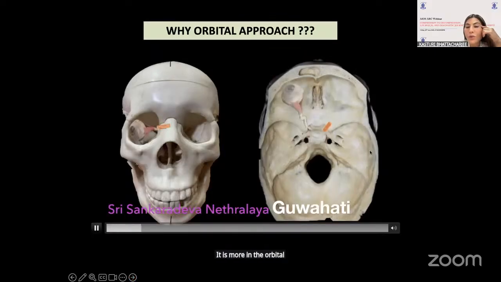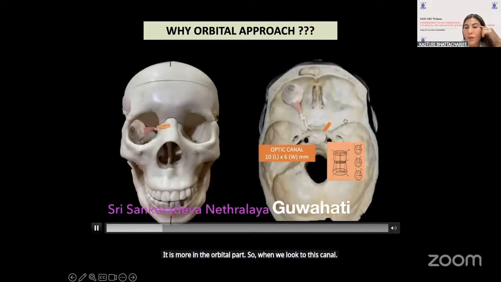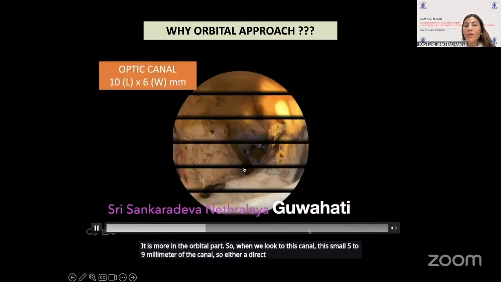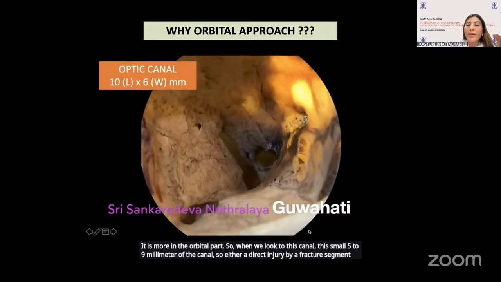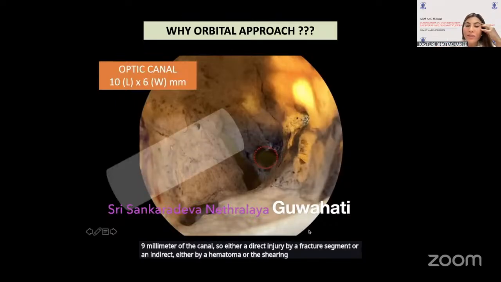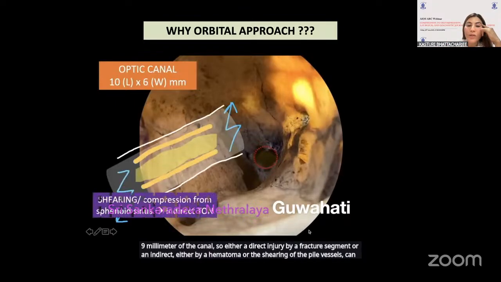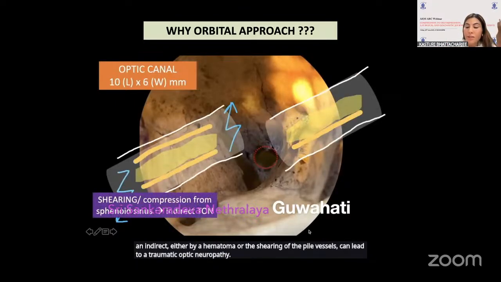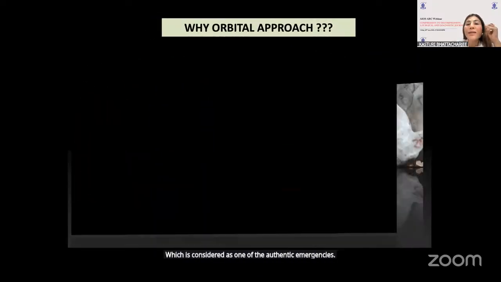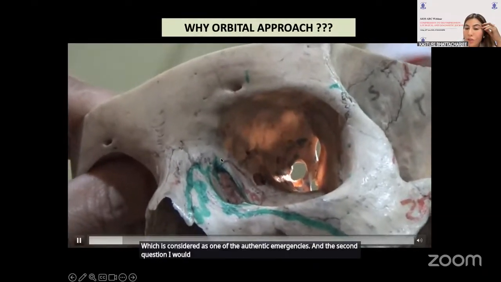So when we look at this small 5 to 9 millimeter canal, either a direct injury by a fractured segment or an indirect injury, either by hematoma or the shearing of the pial vessels, can lead to a traumatic optic neuropathy, which is considered one of the ophthalmic emergencies. And the second question I would like to mention is